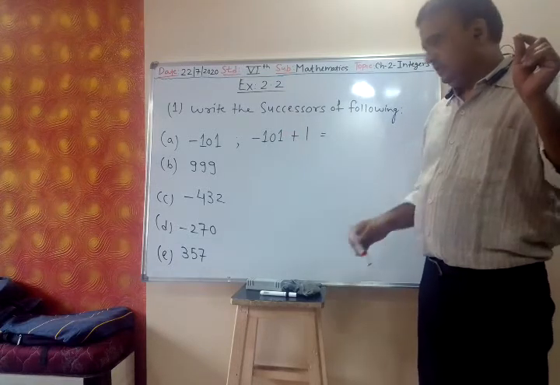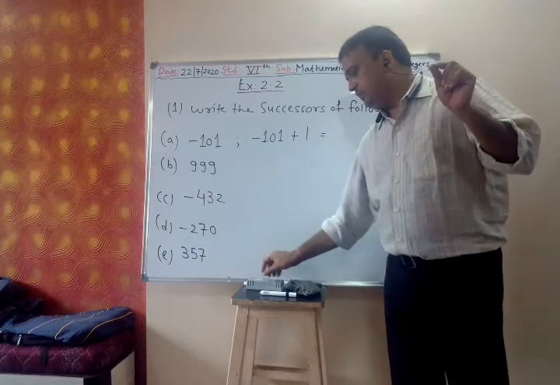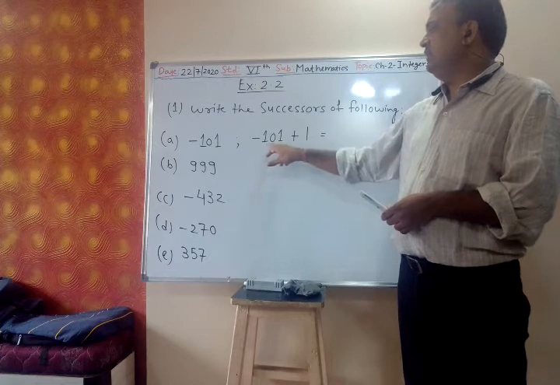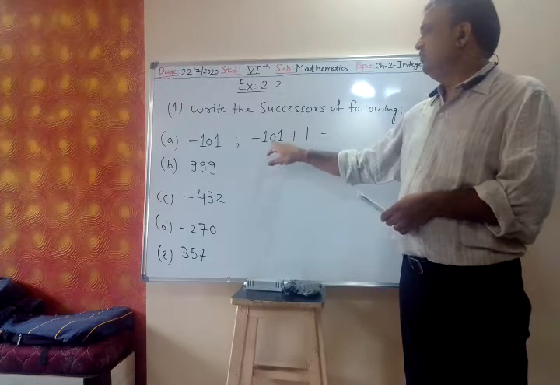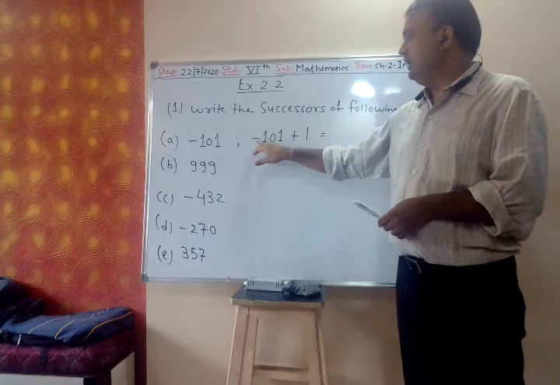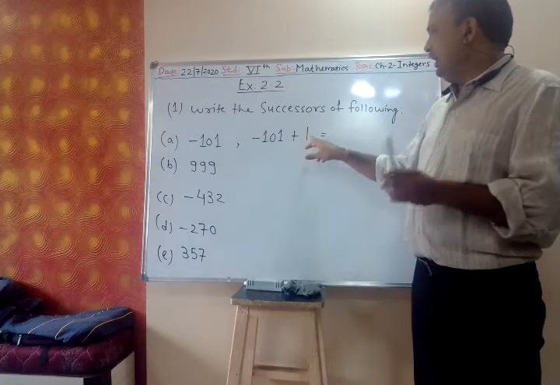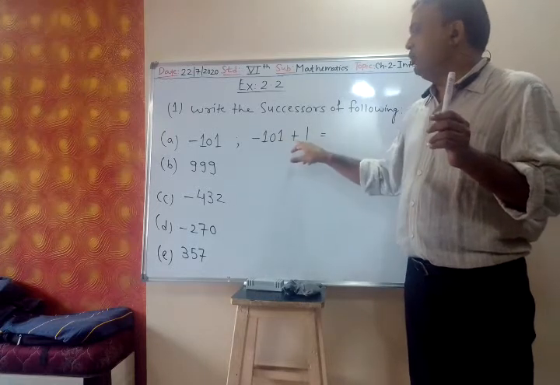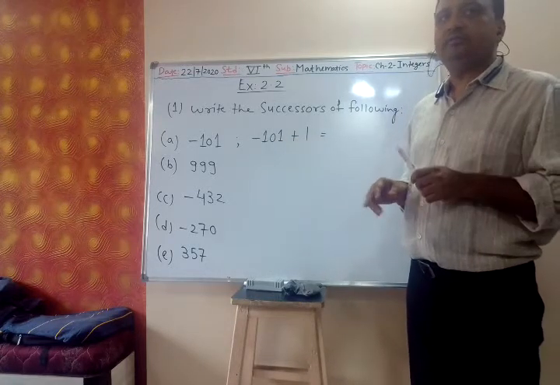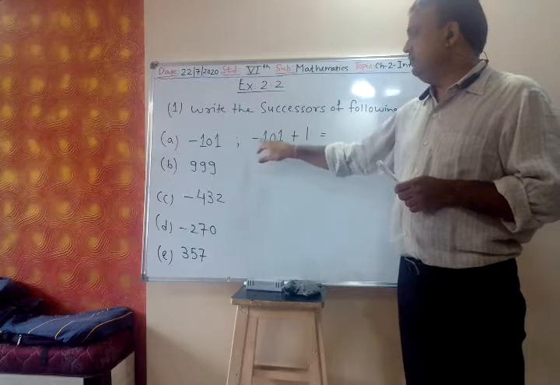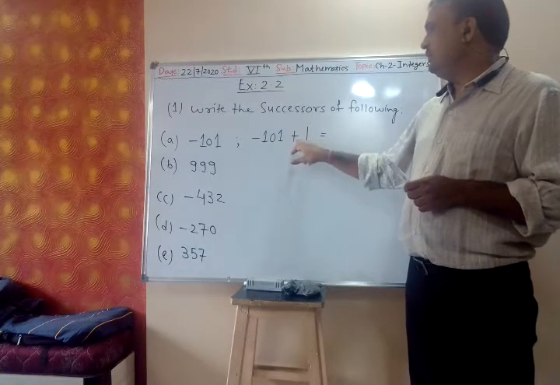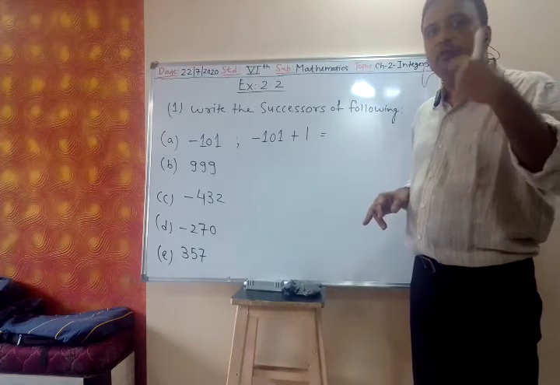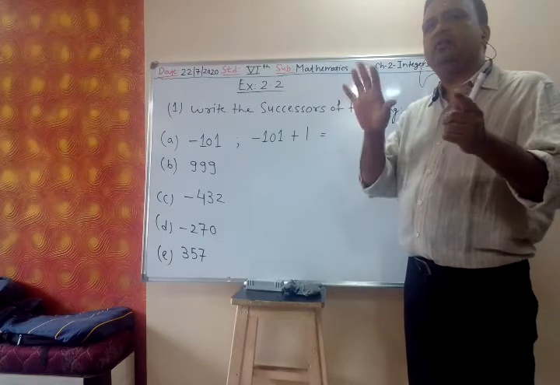Now, write the question. Now you tell me, what is sign of 101? Minus. And what is sign of 1? Plus. So both have opposite sign. 101 has minus sign, 1 has plus sign, so both have opposite sign. And whenever both have opposite sign,